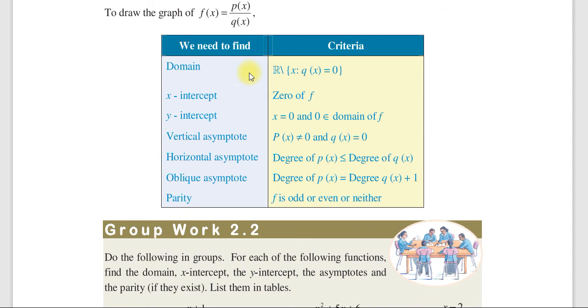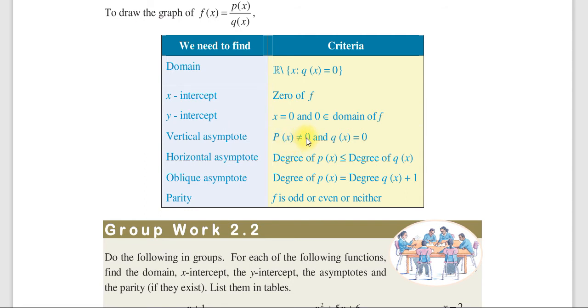ነገር ግን ዲኖሚኔተራችንን 0 የሚያደርግብን ቁጥር ከዶሜናችን ውጭ ነው በቃ x ኢንተርሰፕት ማለት zeros of the function ነው zeros of the function ማለት ደግሞ ቅድም አይተናል እንዴት እንደምንፈልግ zeros of the function numerator which is equal to 0 ብለን ይሰራል። y intercept x which is equal to 0 and 0 an element of the domain of f y intercept ራንች ምንድነው x which is equal to 0 ነገር ግን 0 የዶሜናችን አባል መሆን መቻል አለበት vertical asymptote ደግሞ p of